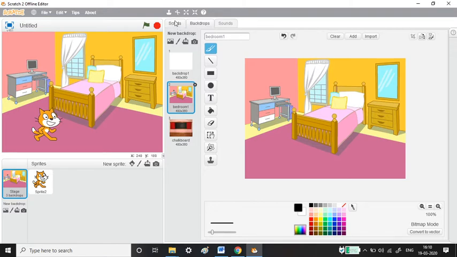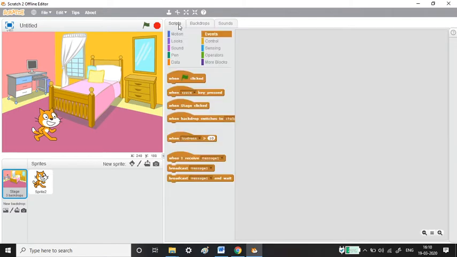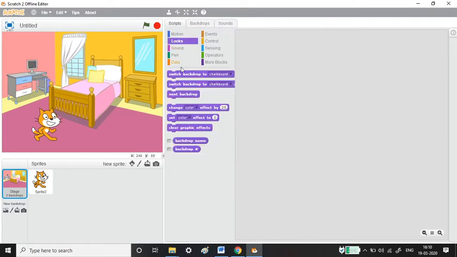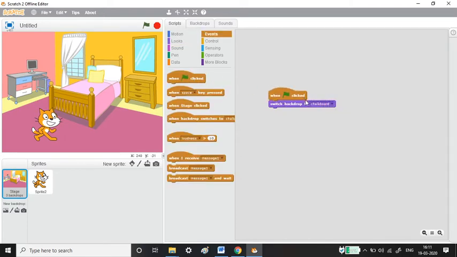For this, see here, switch backdrop to chalkboard. When I click, I am asking the backdrop to change to the chalkboard backdrop.